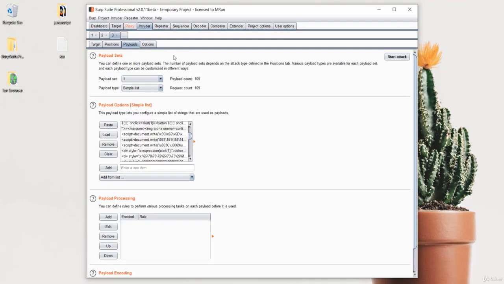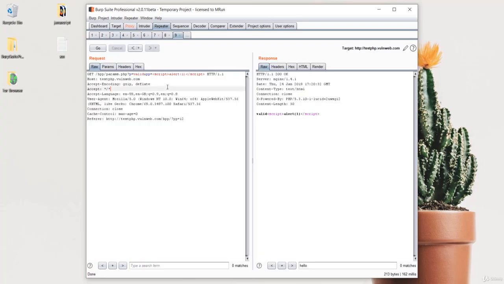So you can check for the XSS attack from the repeater and from the intruder. So intruder is very useful if you want to test multiple payloads, and if you want to test a single payload you can go through the repeater. So these are the two important tools to check for the XSS attack in websites.